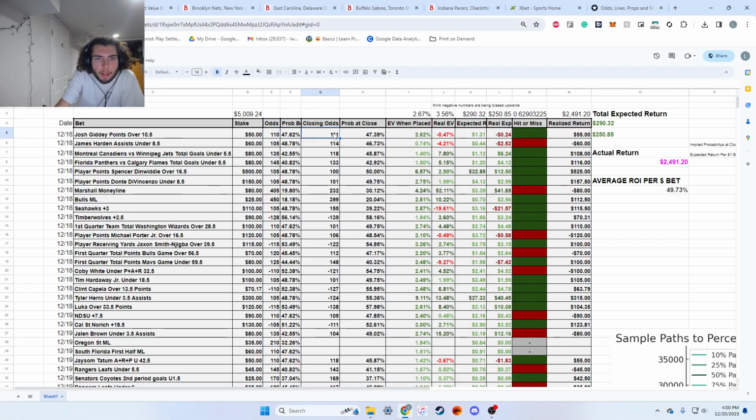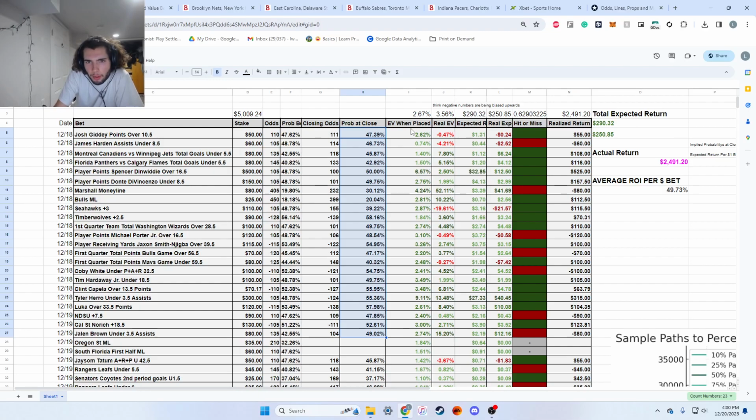But then this is the closing odds, non-vig, so with no juice taken out. So basically, if this number beats this number, which it doesn't here, this one I actually lost money on, but 80% of the time I'm beating it, then it'll be a profitable bet in the long run. And so this is the probability at close. This is actually implied probability at close. And this percentage is the percentage I have to beat to make money, basically.